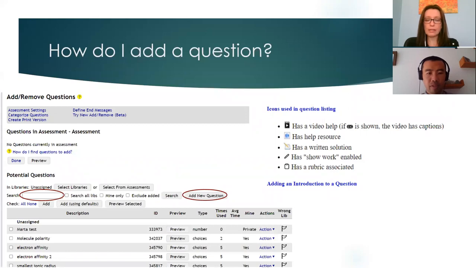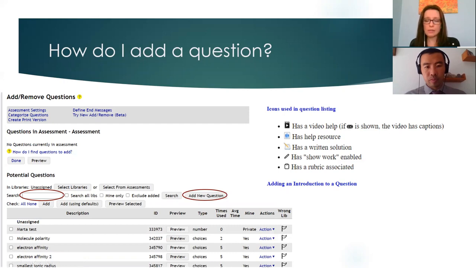If you choose to add questions for your assignments, you can use a question bank. The way I usually do it is in the search button, I put the keywords of the questions I'm interested in, and you have a list of questions below. And once you select the questions, you can add that question to your assignment.